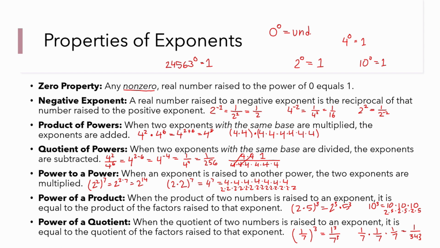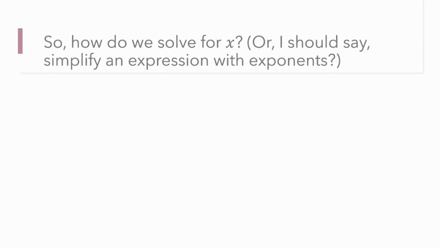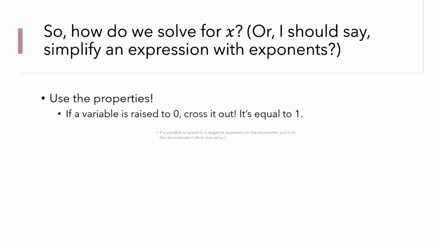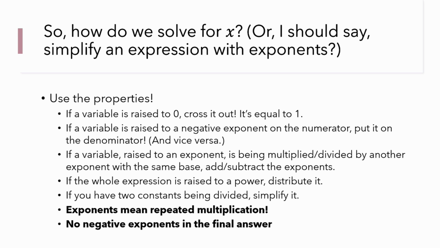Alright, now that we know the properties of exponents, how can we use them to simplify an expression with exponents? Well, the answer is obvious. We use the properties. And we're going to be using variables here. Okay, in algebra, when we have an expression with exponents, we use variables that are raised to exponents. But when we're simplifying expressions where a variable is raised to an exponent, we always assume that the variable is not going to be a value such that the exponent is going to be undefined or the whole expression is going to be undefined.